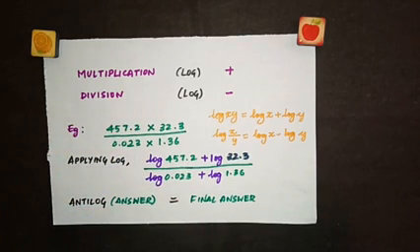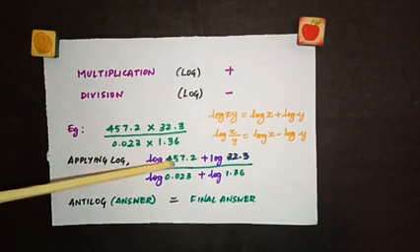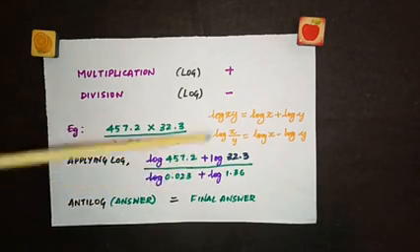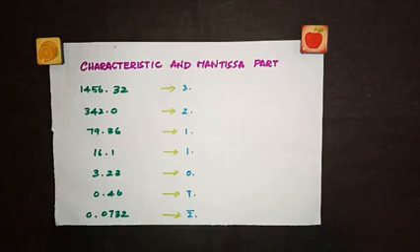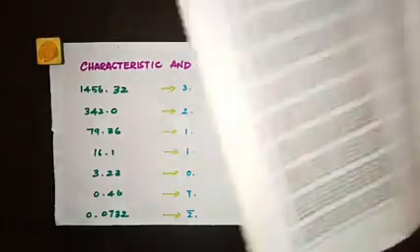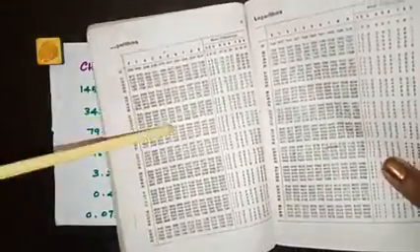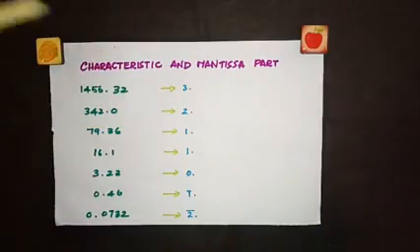So now I will teach you how to look into the log table to find out the values for these numbers. Let's take a few examples and find the log values for those examples from the log table. You would have seen the log table. See, this is the logarithm table. From this, we are going to find out the values. So before that, I'll show you how to write these values.